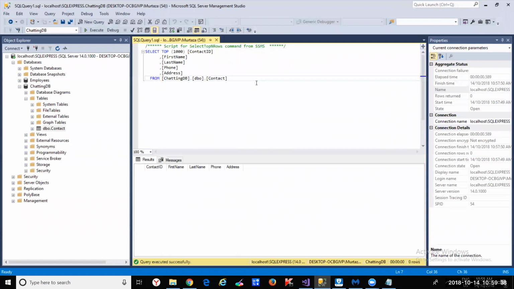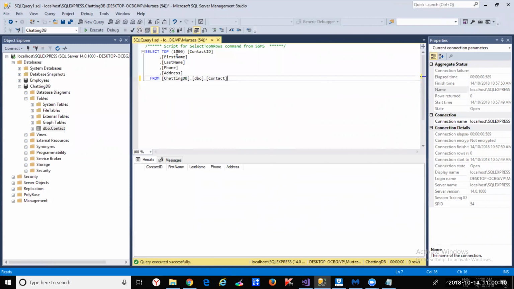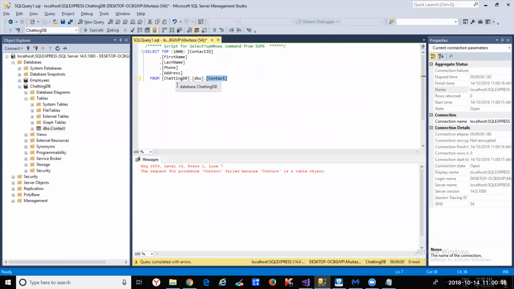All right. So if we close this, now if we do a select query, this is the SQL query. You have the select, you have the update, you have the delete. I think that's it. Select, update, and delete. Okay. So you can select. So this one is doing a select. It's selecting the top 1,000 records in the contact table. Okay. And if we execute it,